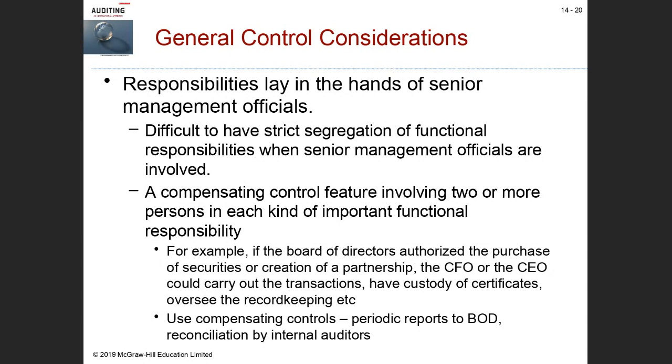Reconciliation by internal auditors, of course, reconciling, again, they're talking about the physical control, physical number of shares, physical bonds to the accounting records, right? So if we can reconcile, right, what we say we own on an ongoing basis, and that's done by an independent party, internal auditors, for example, they're separate from the CEO and the CFO, that would be a good compensating control because the internal auditors are doing what? They're checking up on management, right, to ensure that they're doing the proper job. Okay, we'll go on from there.